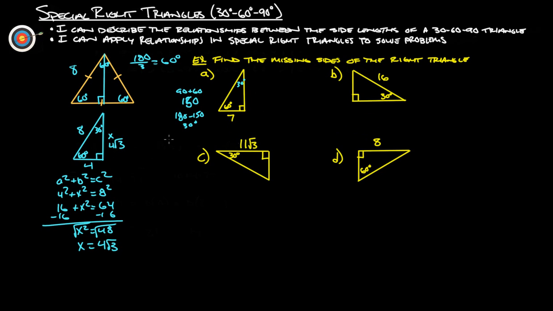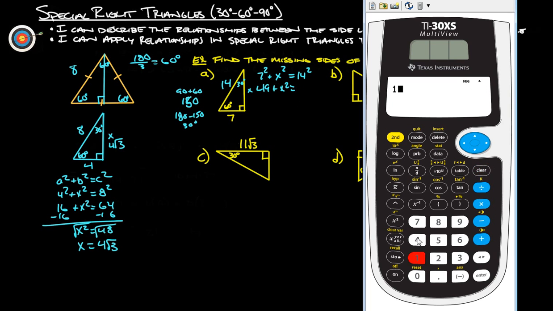Now, since this is basically an equilateral triangle cut in half, this side here, twice 7, is going to be the same as this right here. So if this is 7, double that, and this has to equal 14. Then let's do a squared plus b squared equals c squared and see what we get. The important part is that 14 has to be our c squared. Let's do 7 squared and x squared, or h squared, whichever you want. So that's going to be 49 plus x squared equals 14 squared,